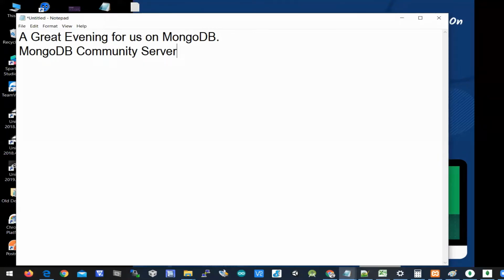We'll be using some tools in order to do hands-on. One tool is MongoDB community server. I'll show you how to install this MongoDB community server from mongodb.com. If you want to do hands-on along with me, then you should have this MongoDB server installed on your laptop. You can download this MongoDB community server from mongodb.com. This is the official community website of MongoDB.